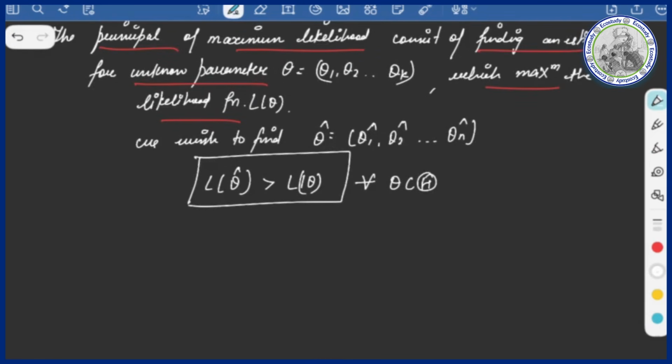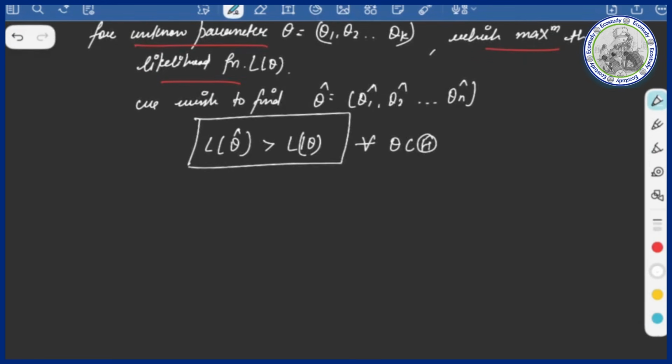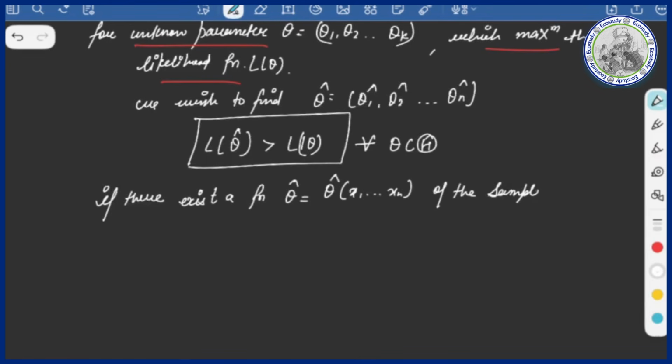Okay, now if there exists a function theta cap, always we use the theta cap to define the MLE. That is the estimated value of the estimator. Theta cap of x1, ..., xn, of the sample values,